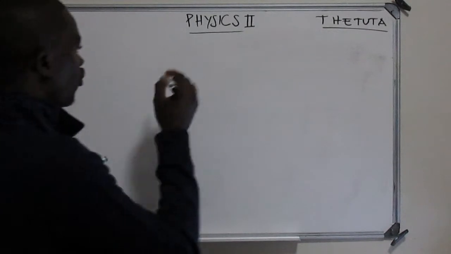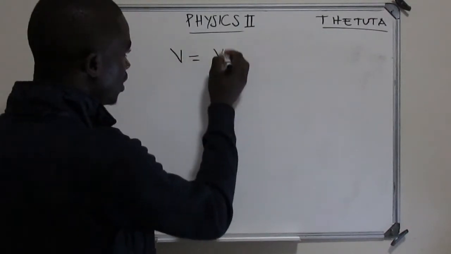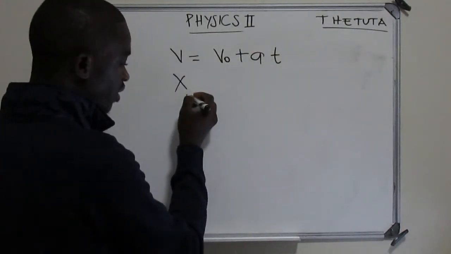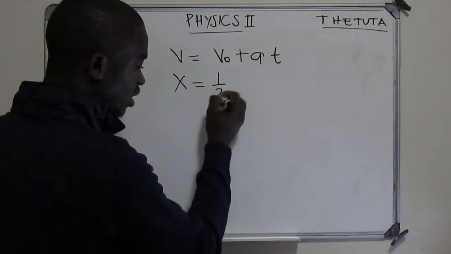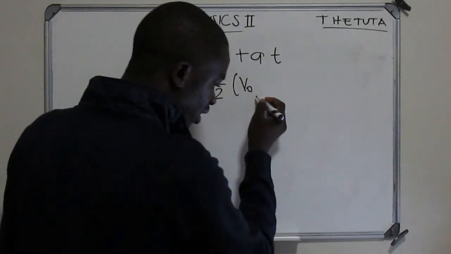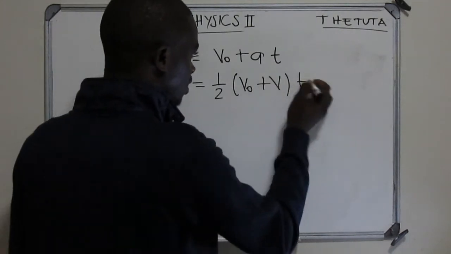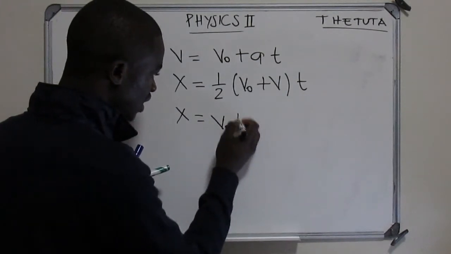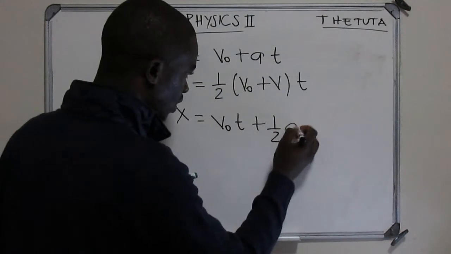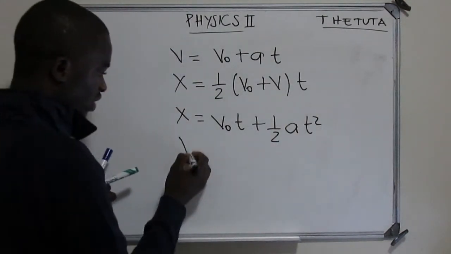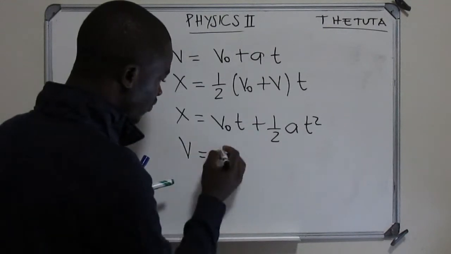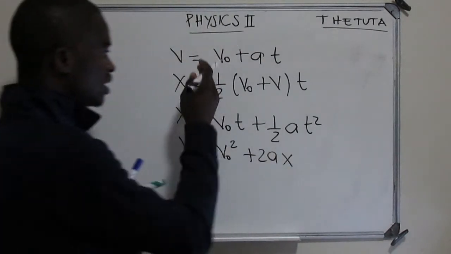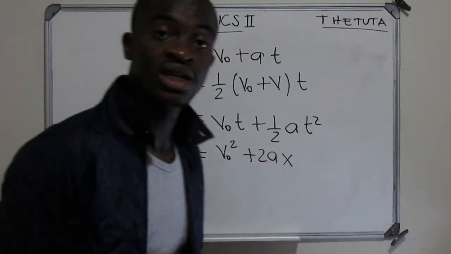What are the 4 formulas? We have the velocity final, it's going to be the initial plus the acceleration times time. And then you have our displacement, the distance is going to be 1/2 times the velocity initial plus the velocity final, times time. And then for the displacement again, it is going to be the velocity initial times time plus 1/2 acceleration times time squared. Okay, and then you have the velocity final squared equals initial squared plus 2 times the acceleration in x times the displacement. These are the 4 formulas from your physics 1 in 1 dimension.